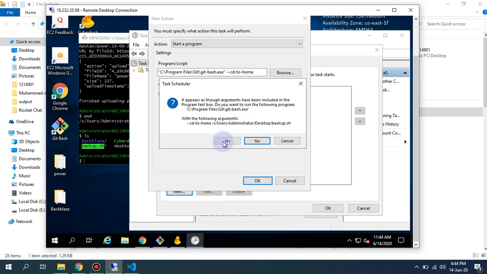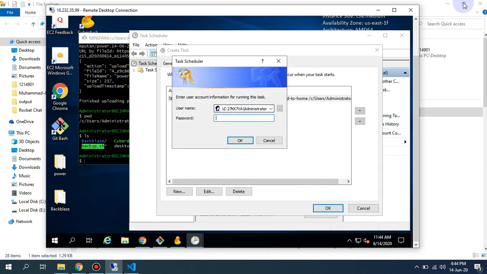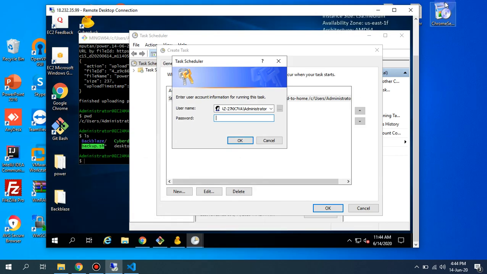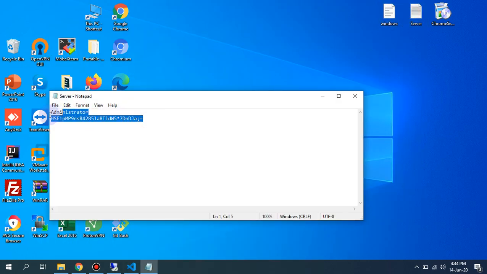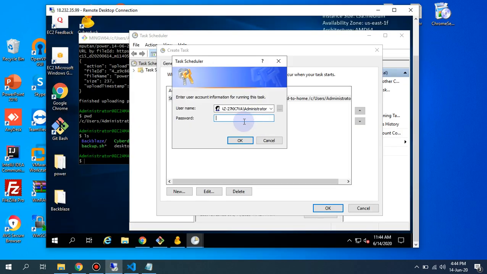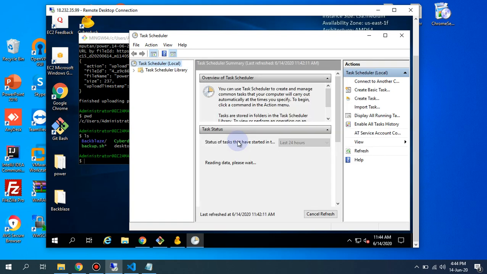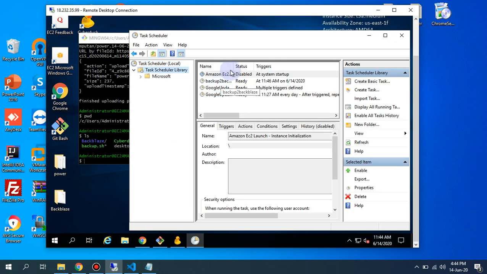Now I'm going to say yes. When I click OK, it will ask me for the administrator password. The administrator password is the password of the admin. You have to provide this to make this run at that particular time. So it is 11:44. If I navigate to this Backup to Backblaze, you see, it is set up, but the time is about